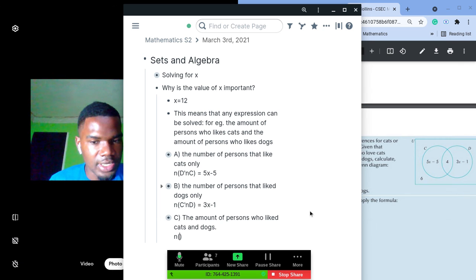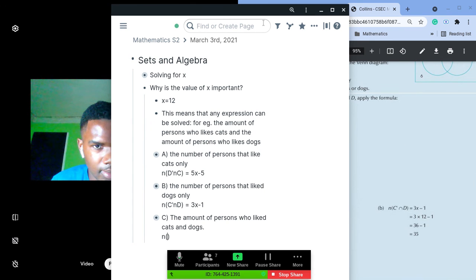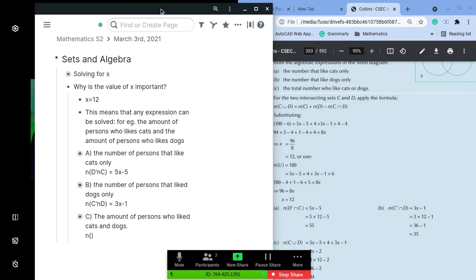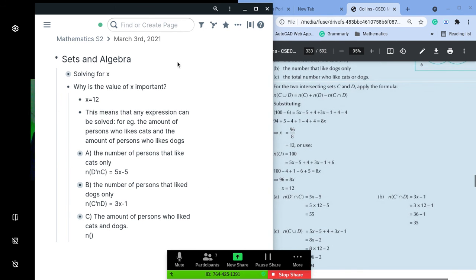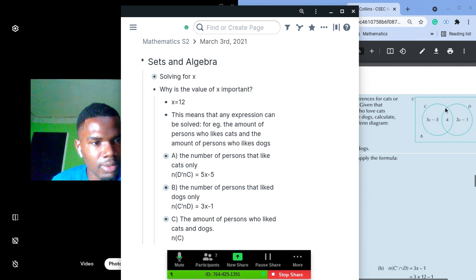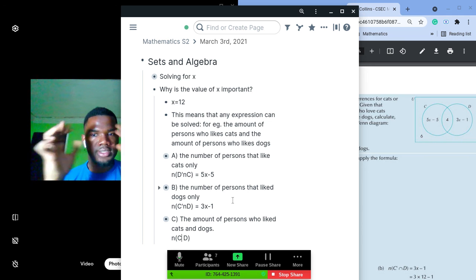Annalise. So the first thing you're gonna say, the amount of persons who liked cats and dogs would be as follows. Let me show you quickly. The N of C, what symbol would be between C and D that really represents all the members in those two sets? We call that the